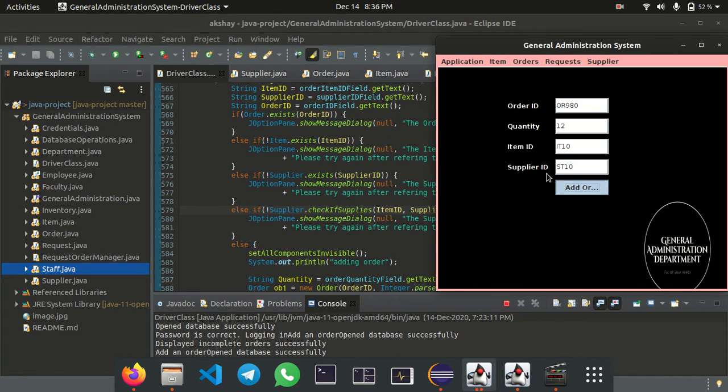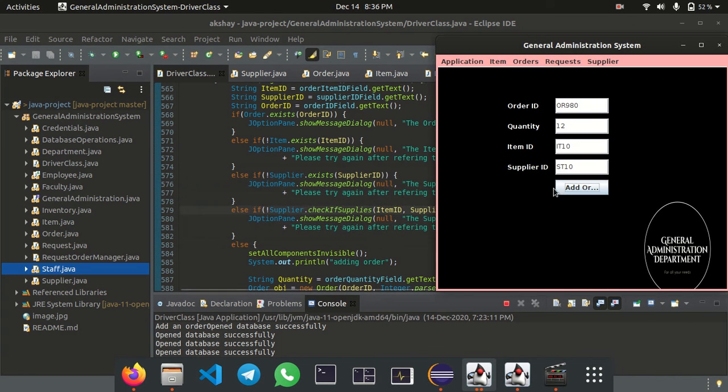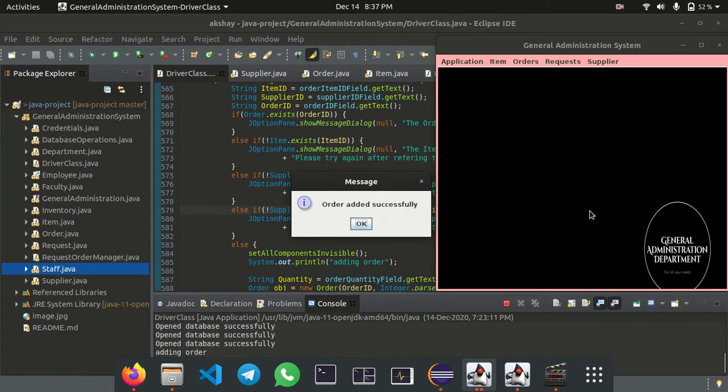The supplier also needs to be able to supply this item, so it is true in this case. And okay, the supplier ID doesn't exist. It's my mistake. It's not ST, the supplier is SU.